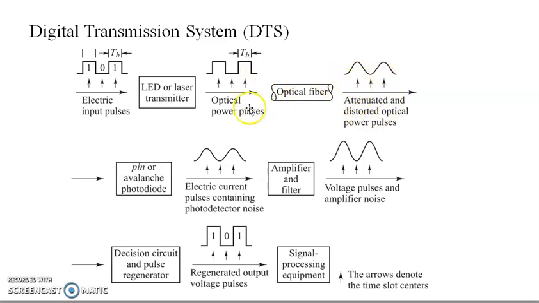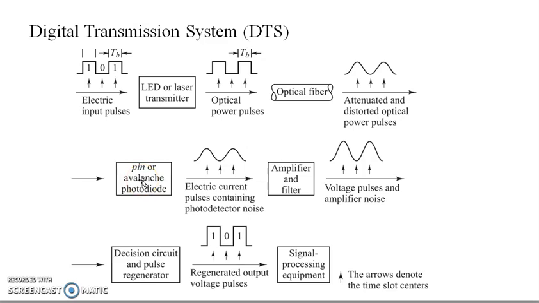Because we have optical power pulses inside the fiber, we transmit the signal, but it is attenuated and some sort of distortion occurs, the dispersion and all. And here it is received at the receiver. The receiver consists of what? At the end of the fiber, we connect a detector. That detector is a PIN diode or avalanche photodiode. The pulses received by the detector are attenuated pulses. So that's why we need to know the sensitivity of those devices.